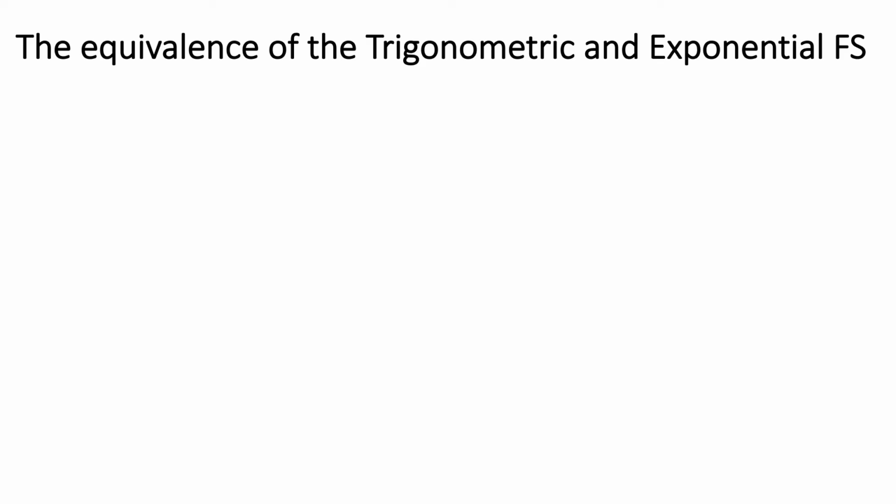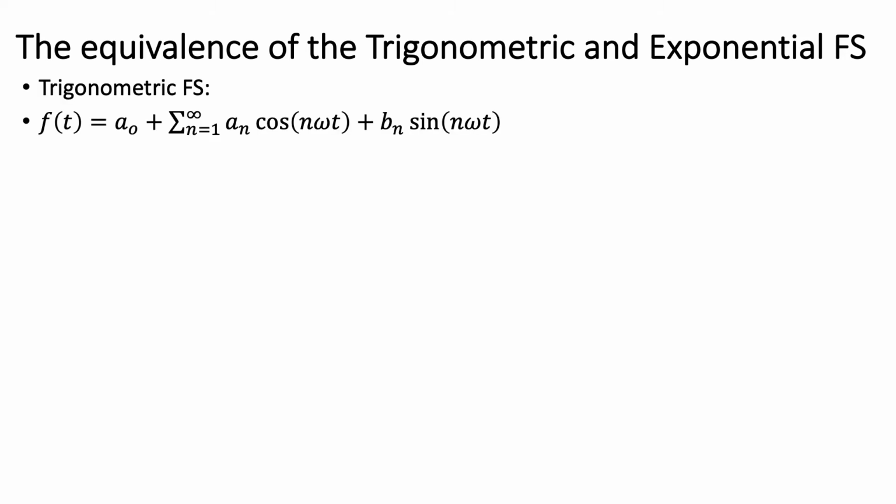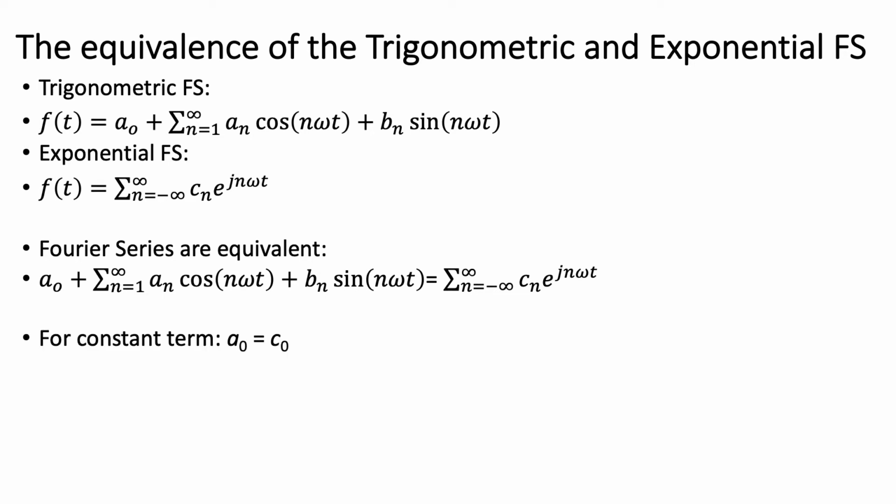The equivalence of the trigonometric and exponential Fourier series. The trigonometric Fourier series is given in this equation, and the exponential Fourier series is given in the next equation. If we equate these two equations, this begs the question of how the Cn terms are related to the An and Bn terms. Likewise, if we consider only those parts of the signal that oscillate once in a period of T seconds, we get